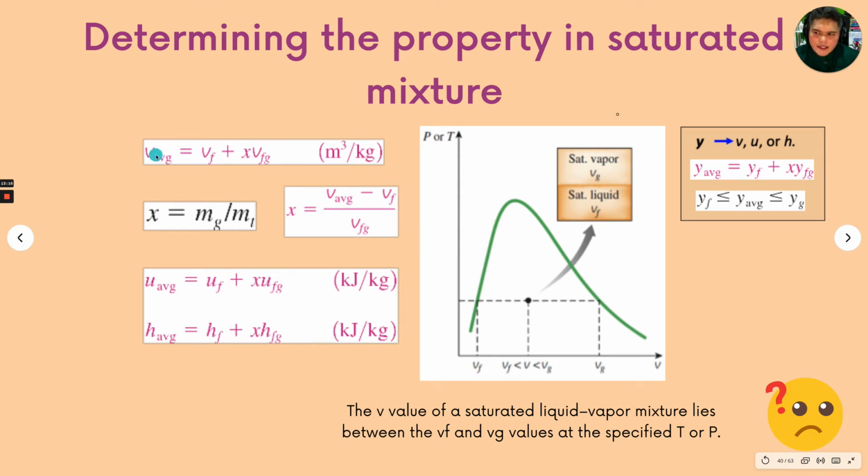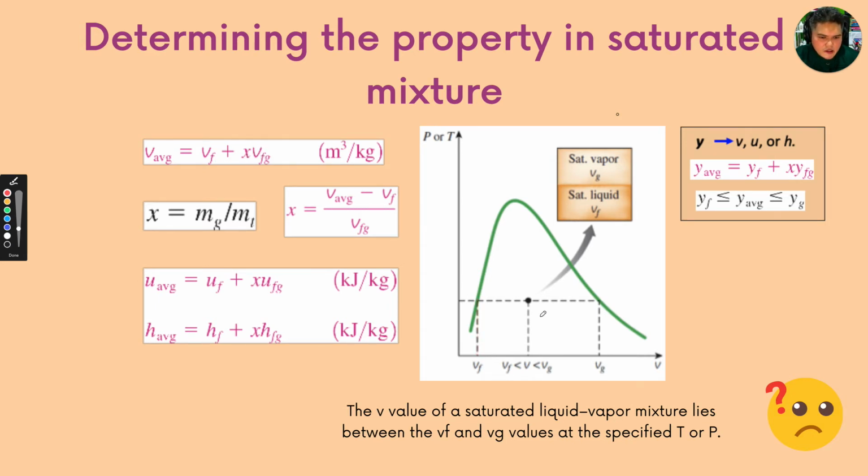So the V average is actually equal to the specific volume of the saturated liquid, VF, plus X VFG, which means the quality multiplied by the difference between VG and VF. If you look back at the diagram here, where is VF? VF is here, right? And then we are looking at X,